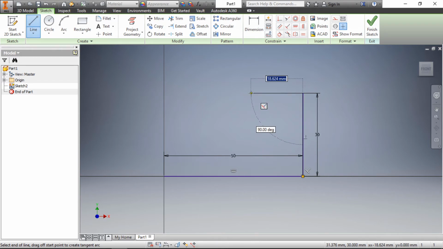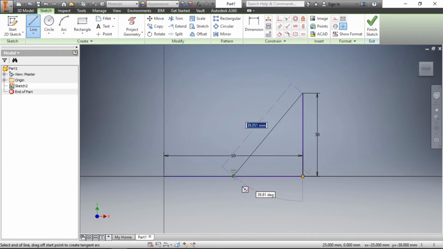If I want to make this line parallel to the first line, because the first line is also horizontal and the third line will also become horizontal, move the cursor near the first line anywhere. Don't click a point on the first line, just move the cursor here and again move the cursor away from the first line. Now it becomes horizontal, but this time you can see the constraint parallel with respect to the first line. Now again, one thing that I want to show you, move the cursor to the first line.